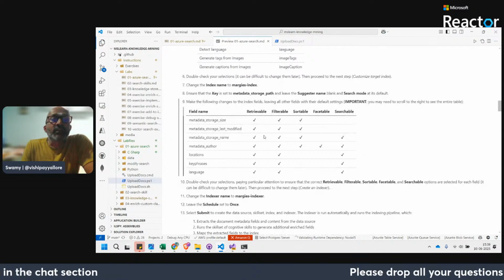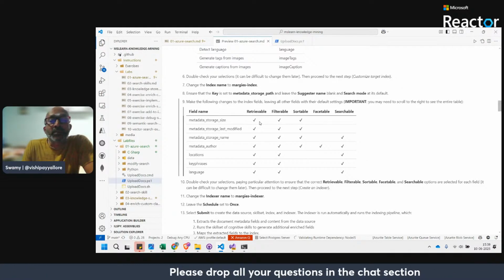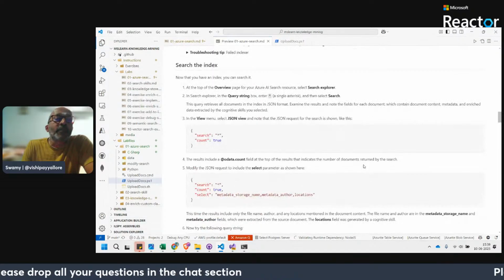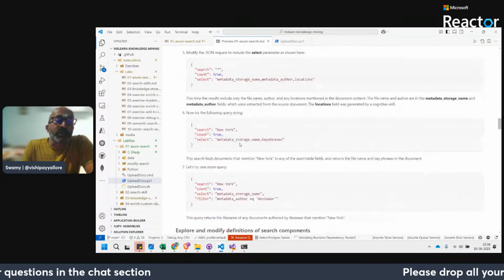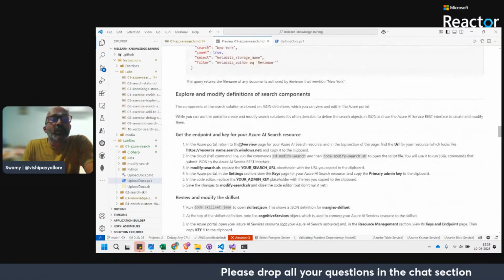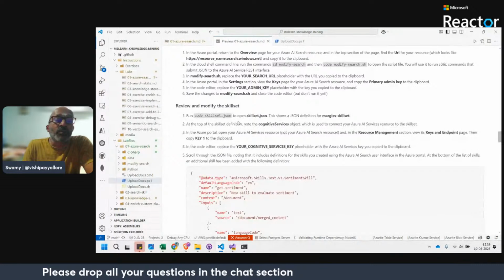Then we ensured that different things are selected: retrievable, filterable, sortable, facetable, and searchable. Everything we selected, and then we were able to search the index with a single field or with a JSON in the portal. Then we modified the search component.